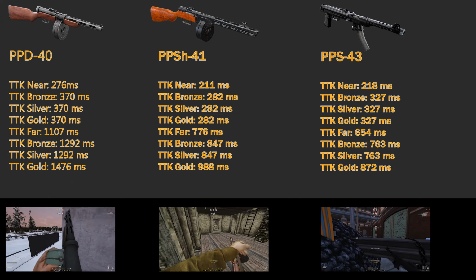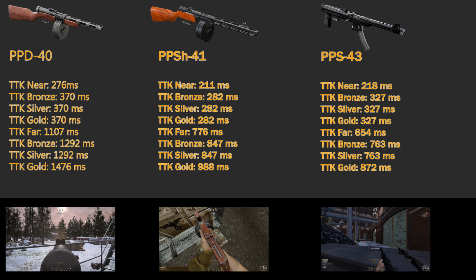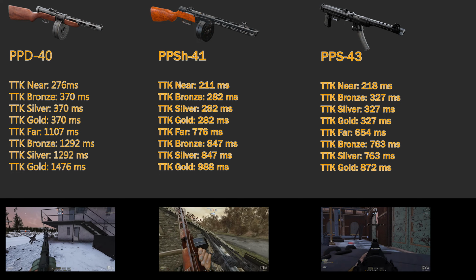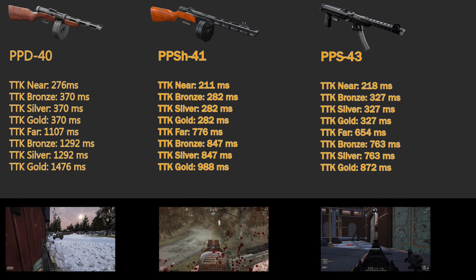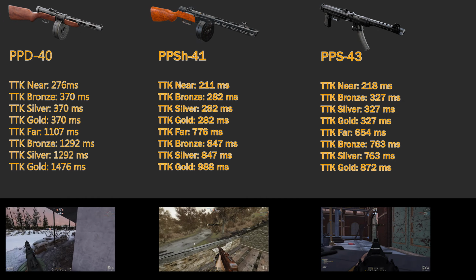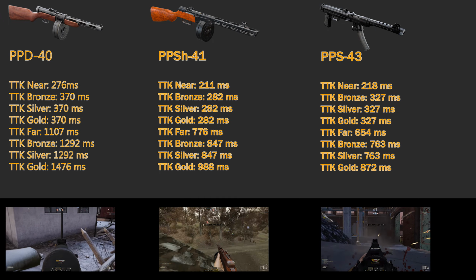Up next, we have the time to kill values. The PPD will take 276 milliseconds to kill an unarmored target at the near range. It will take 370 milliseconds to kill a bronze, silver, or gold armored target at those near ranges as well. Then things get a little shaky. At a far range against an unarmored target, it will take